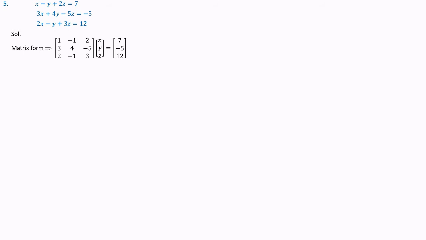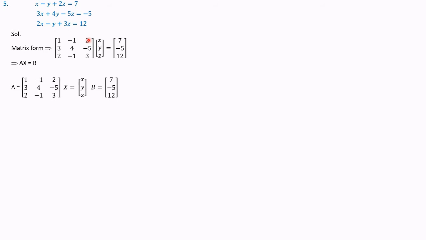Solution. As it is, you write the coefficients of x, y, z as matrix A, that is 1, minus 1, 2. The second row is 3, 4 and minus 5. The third equation is 2, minus 1 and plus 3. The variables, that is the unknown factors x, y, z, are written as a matrix. And the right hand side B is 7, minus 5, 12. Now we have to find the